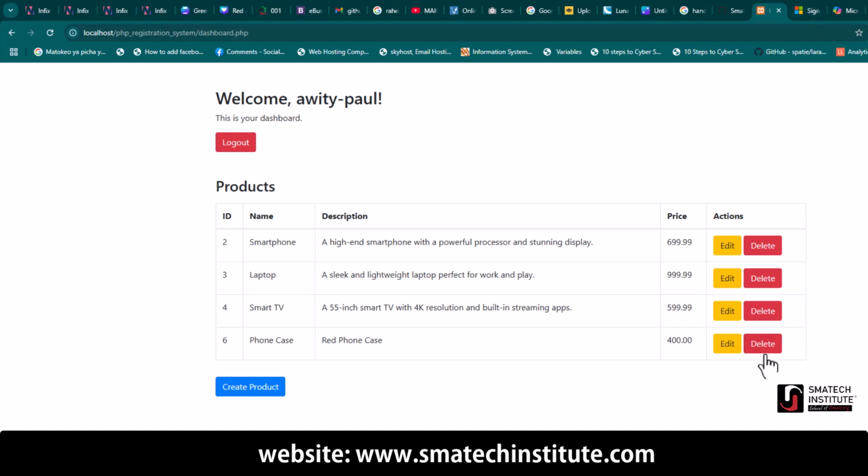So we also have the delete operation. If we click on this delete, then this product will be removed. So up to this point, we've seen the CRUD operations that we are applying in this dashboard, and we also have